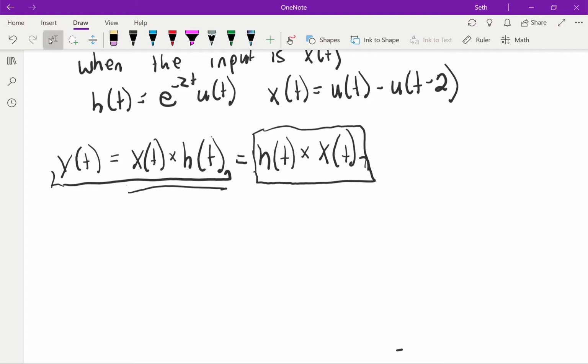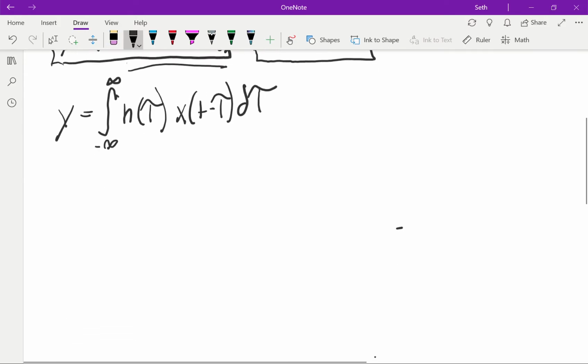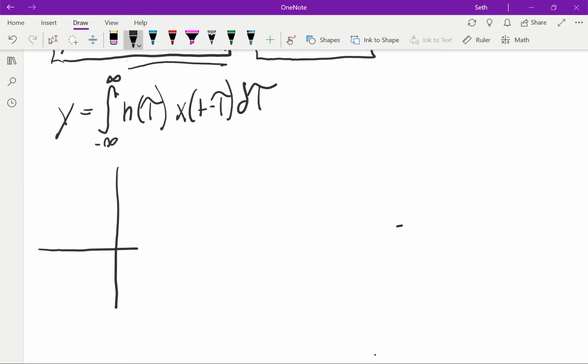So let's first write the formal definition from here. It's going to be equal to the integral from minus infinity to positive infinity of h of tau times x of t minus tau d tau. Okay, so now we need to figure out what these functions actually look like. So x of t is just going to be a rectangular pulse of width 2,